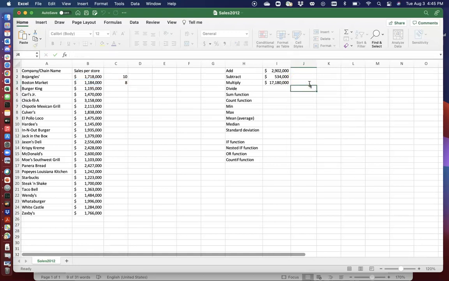Right? Okay, so divide. So let's say that we obviously know that Bojangles made more money per store than Boston market. We want to find out at what ratio. So how much more money did it make? We know the absolute value to be $534,000, but at what ratio? So we can find that out. So we can say equal to, I'm going to take the sales for Bojangles. I'm going to divide that. So the division,